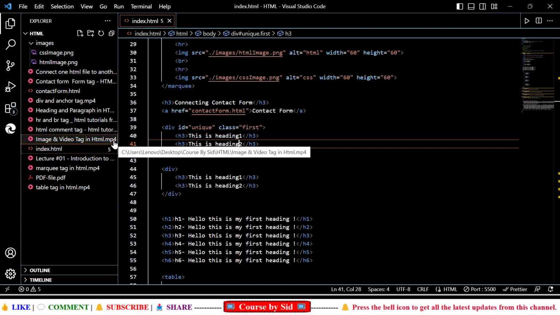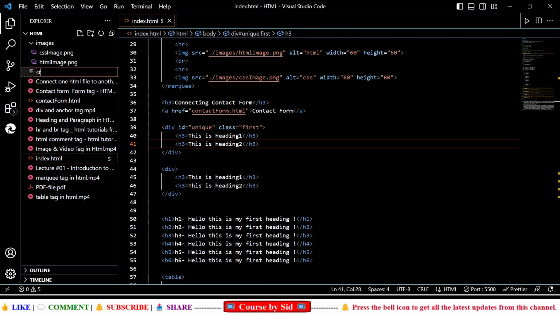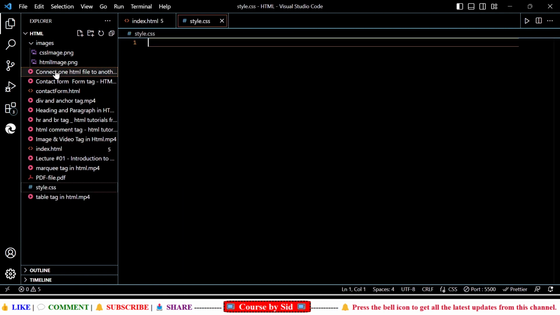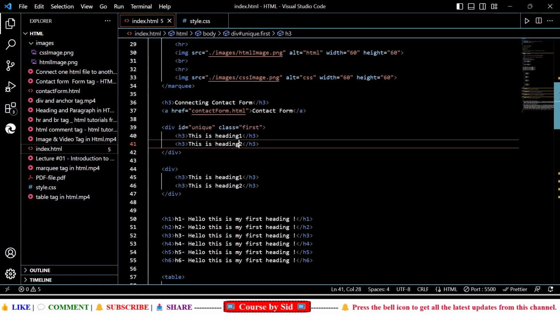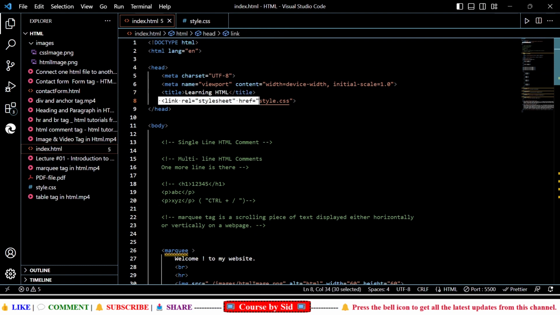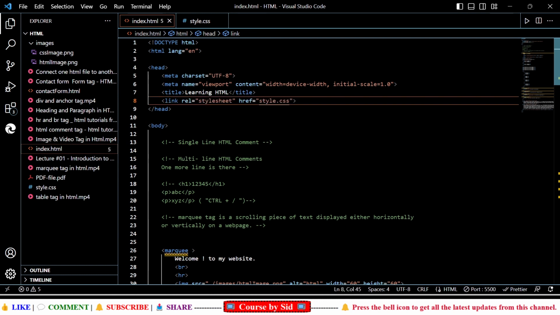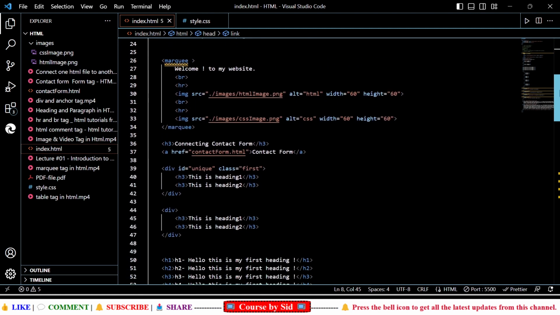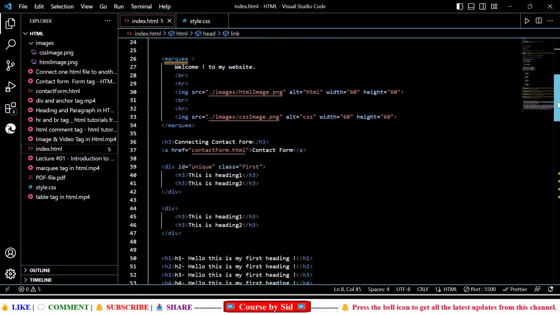Right, now what I'm going to do, I'm going to create one style.css file, and then I'm going to connect this file right in the head. So here you can see that I have used link tag to connect my style.css file, and in the href I have written the file name style.css. Right, now what I'm going to do is